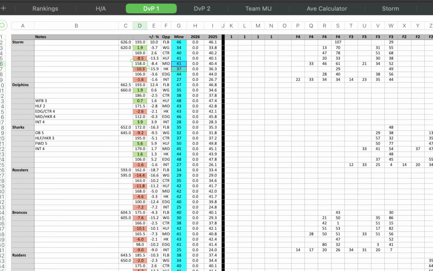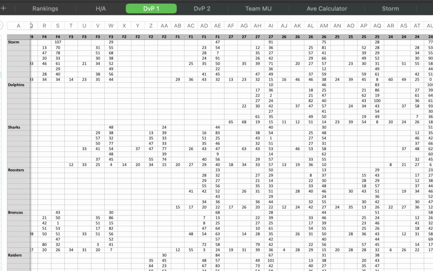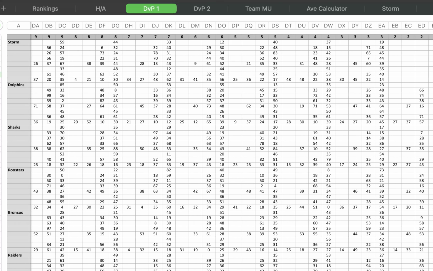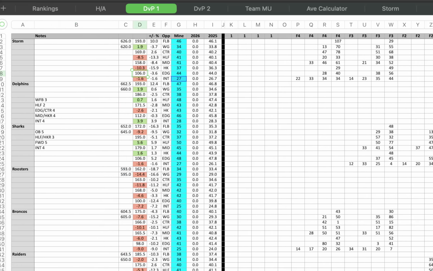And yeah, mids and hookers, and then bench gets their own treatment, which is not ideal, but you get a pretty big sample size across the season of bench scores. So I'm just going to have to make do with that.